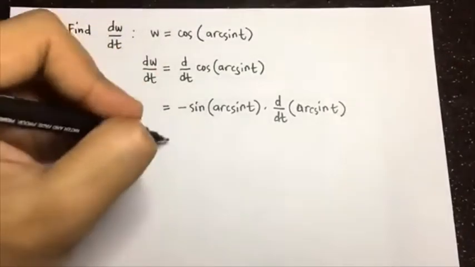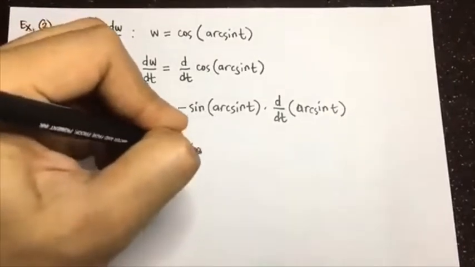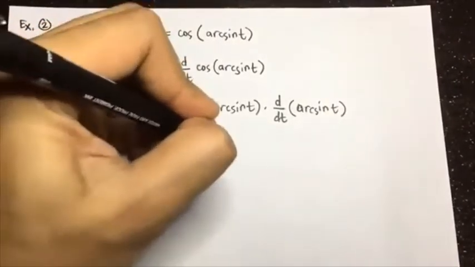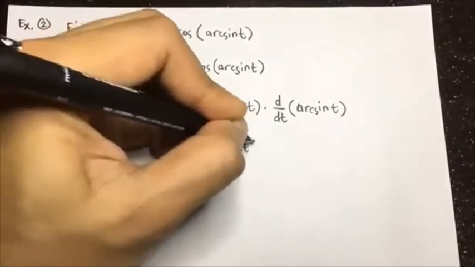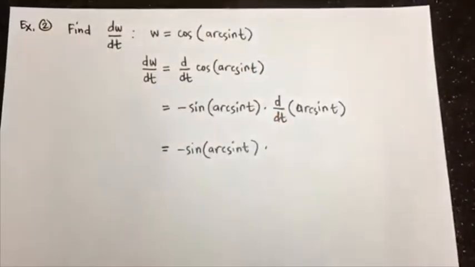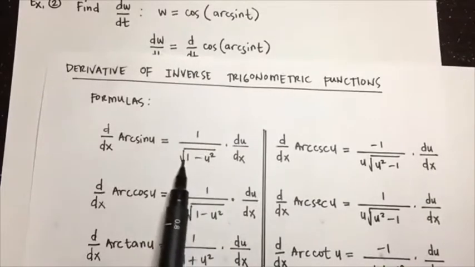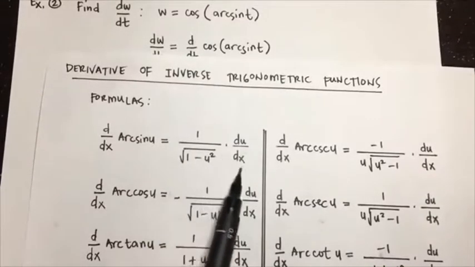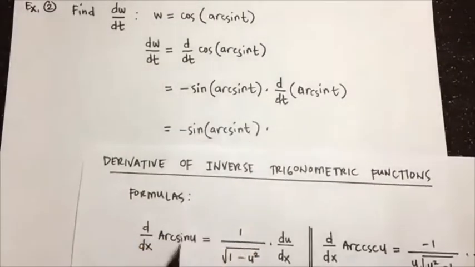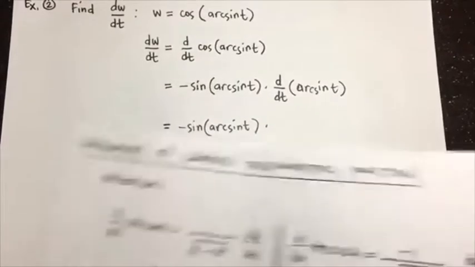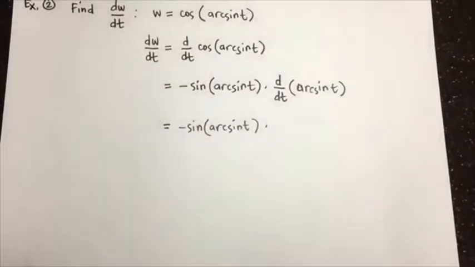Okay, so therefore it will become negative sine of arc sine of t, multiplied by the derivative of arc sine, sorry. So the derivative of arc sine from the formula is 1 over square root of 1 minus u squared times du over dx. So it's positive. So in this case, our u is equal to t. Okay. So therefore, it will become